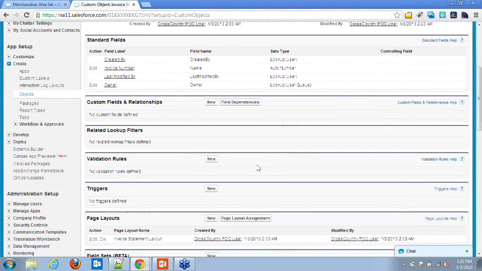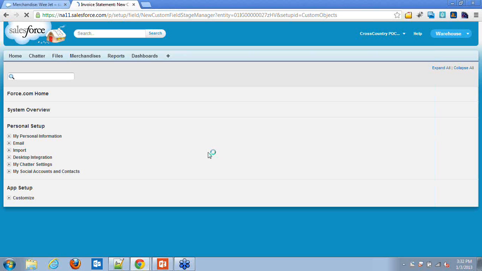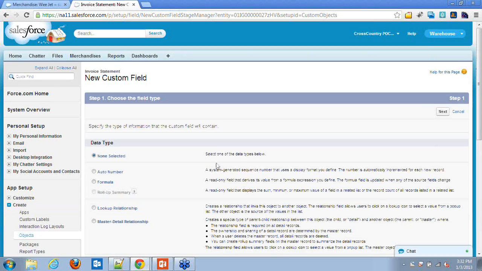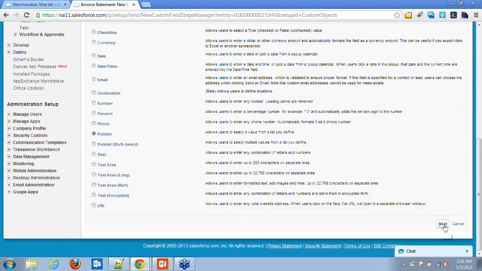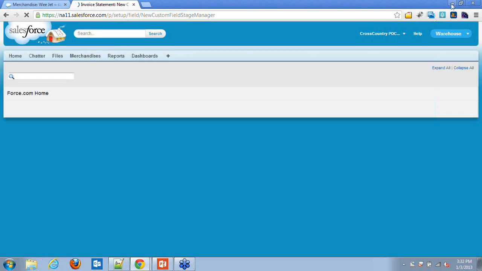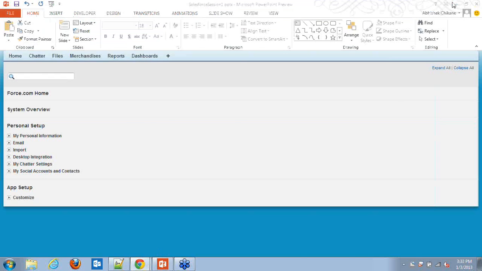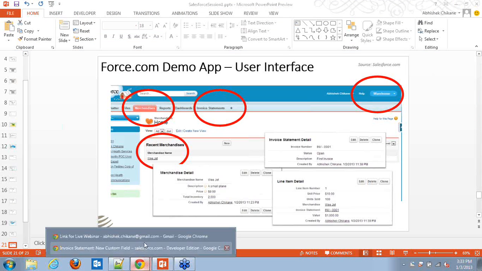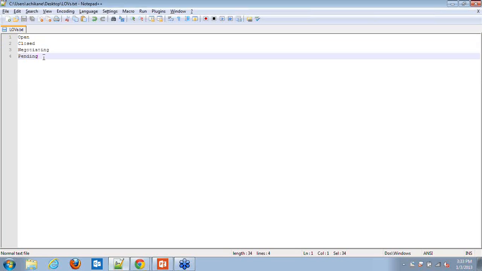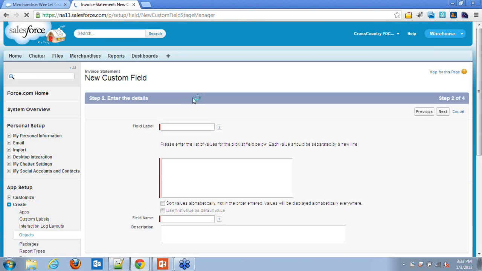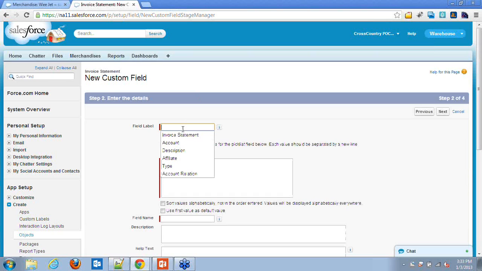Let's add just one field to it. This time we'll add a pick list, as invoice status. Here are the pick list values.